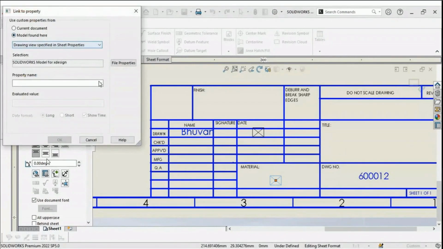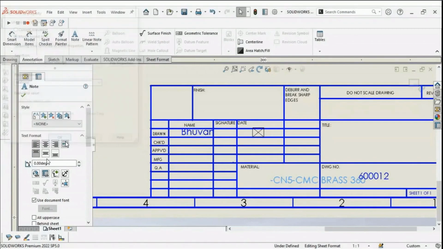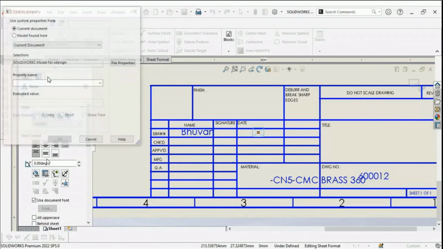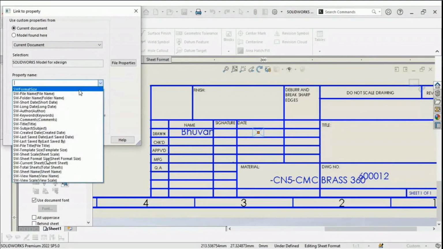And now I'm assigning the material, linking the material. And for the property name I'm giving Material, and it automatically takes the material which I used in the model. The same goes for the drawing date, but here you could not find any date, because the drawn date will be different each time. We could not automatically populate this. So for that I'm using,